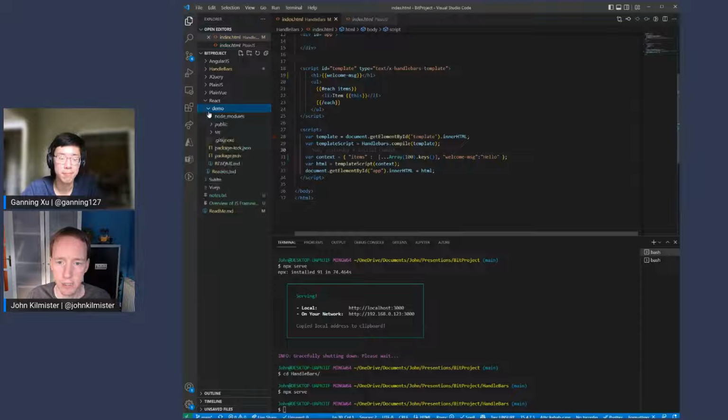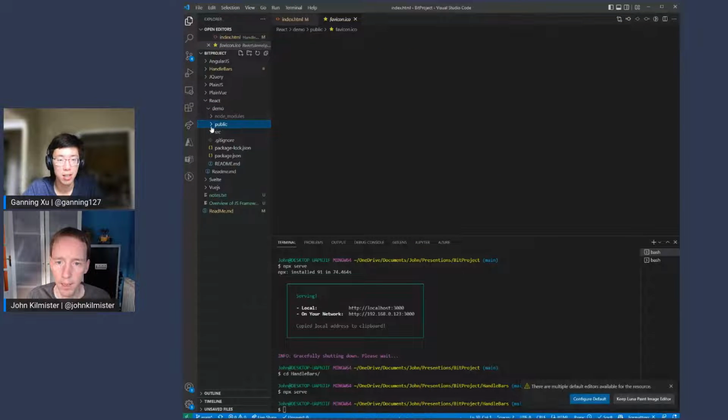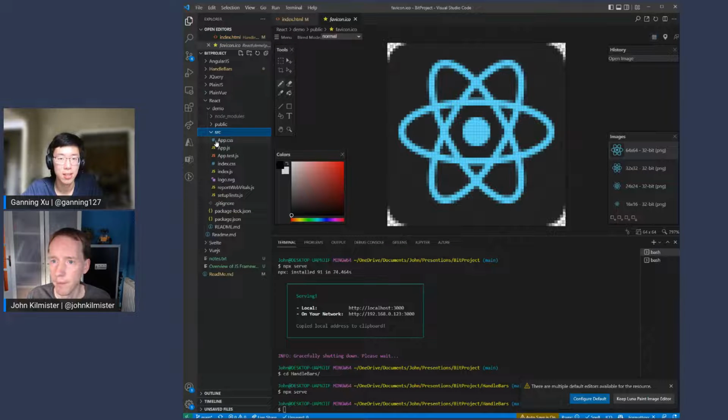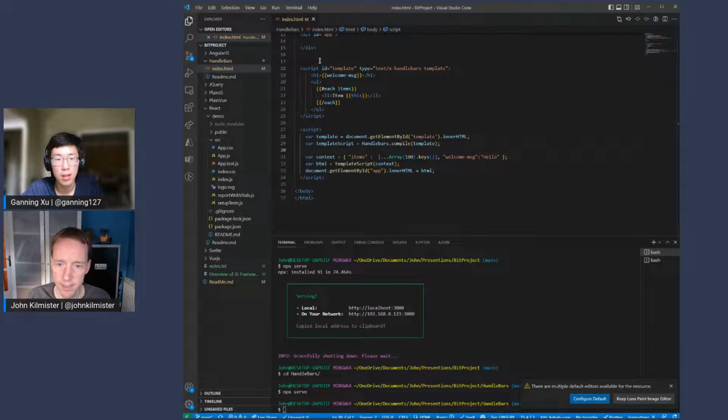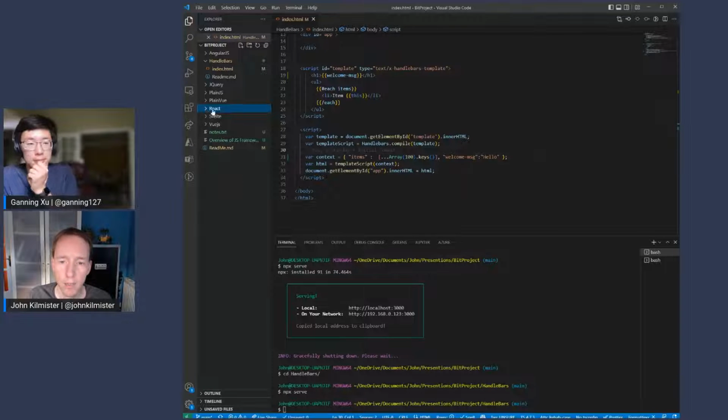If we look at a React project here, that's the public folder. But if we look at the source folder, there's a lot more to it. You can see all of these files are part of that React app, and we will look at that in a bit more detail in a minute. So before we dive into the frameworks, it's probably worth